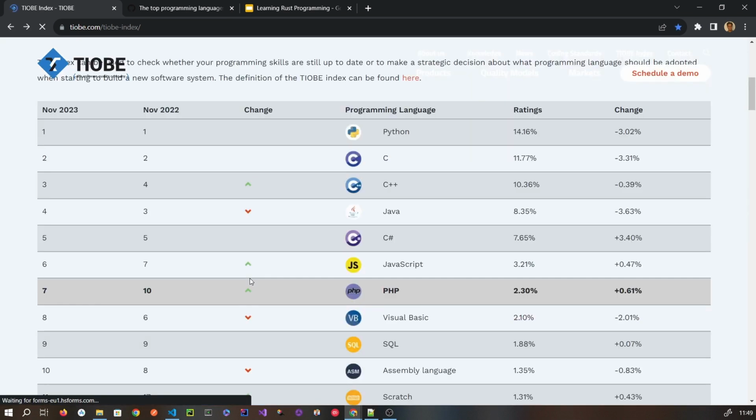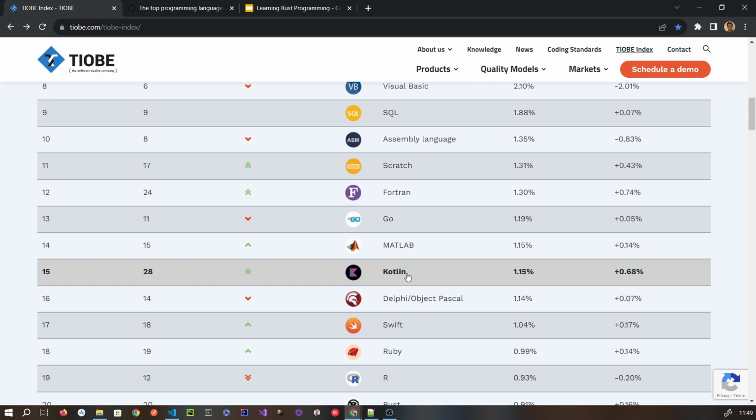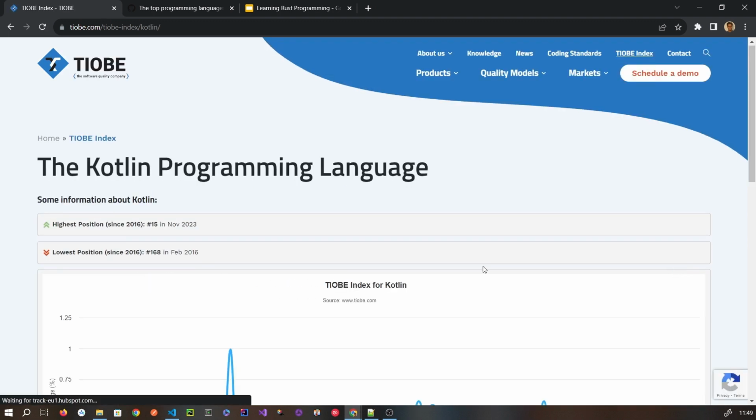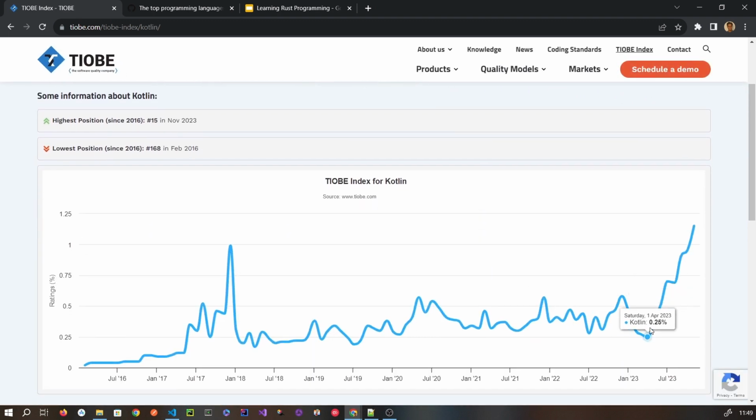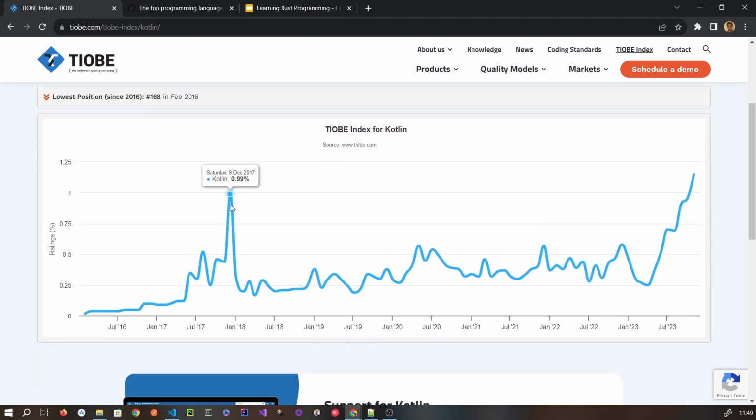Okay, and now we can even check Kotlin. They are saying that a boost has happened. The popularity has gone up since 2023. I don't know the reason why, because there was a sudden spike in 2017 when Google adopted Kotlin for Android officially. But after that, it was in a sideways trend, and now it is again moving to an uptrend. So this was about Kotlin.